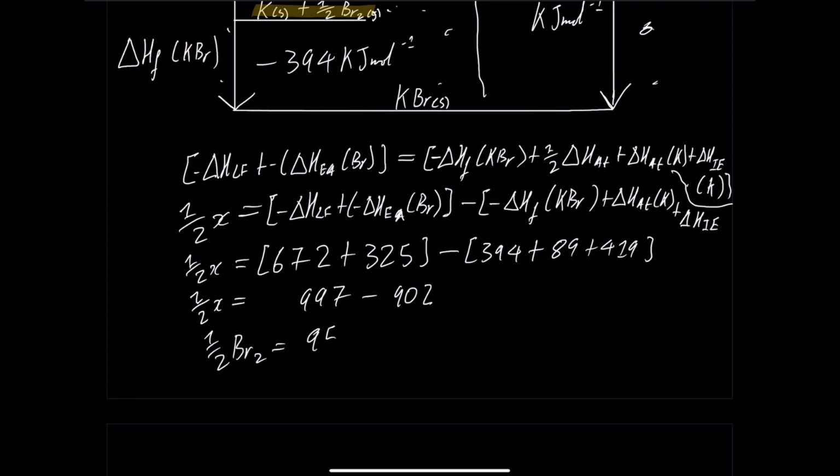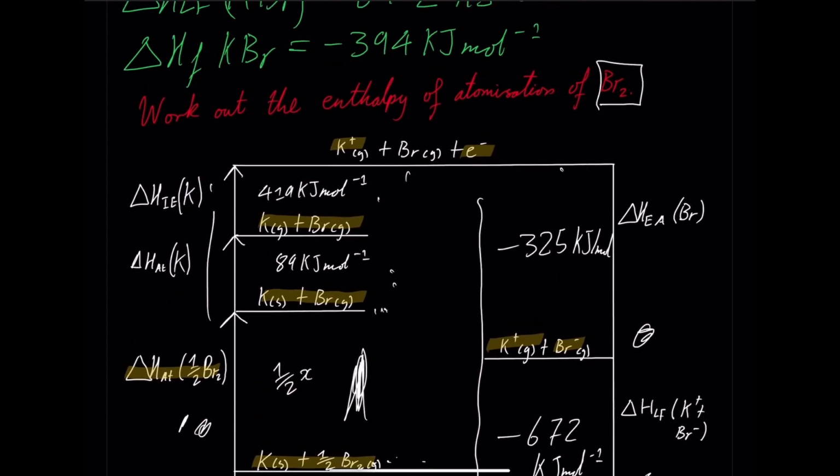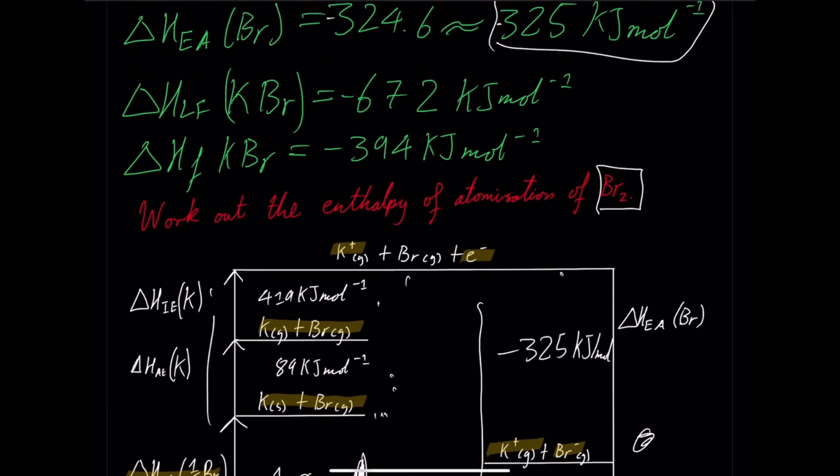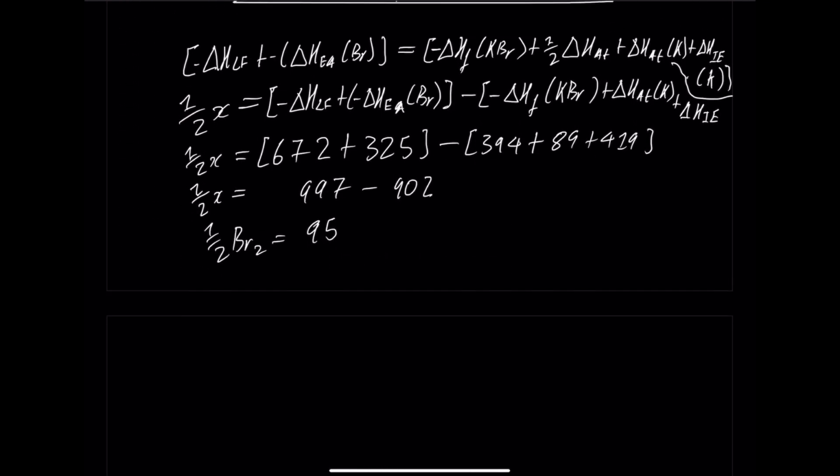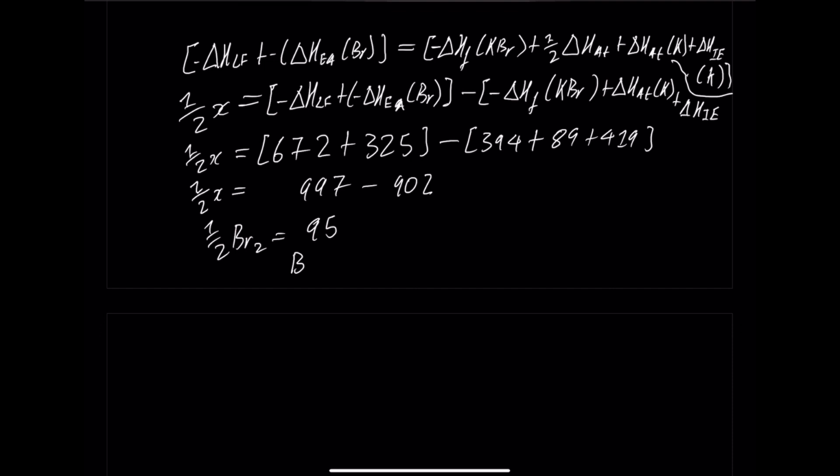Now, in this question, they usually ask just for the enthalpy of atomization of bromine, but the question that I asked you was what the enthalpy of atomization of Br2 is, not half Br2. That's the question that I've asked you here, Br2. So this wouldn't get you the 4 marks. If this is a 5-mark question, they would give you 4 marks to get to this one here. But just doing Br2 or x instead of half x, times that by 2,